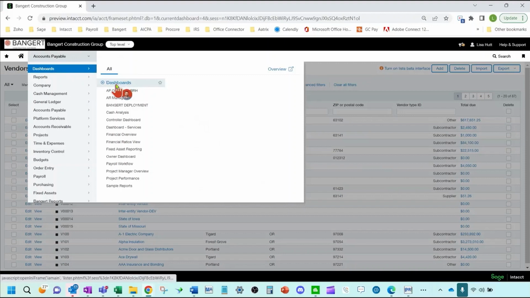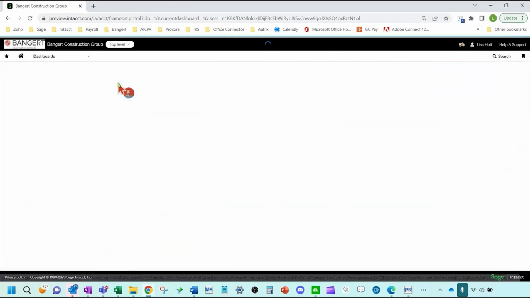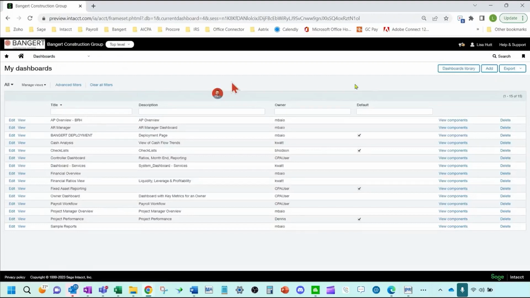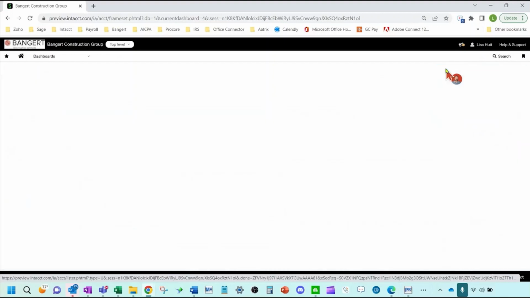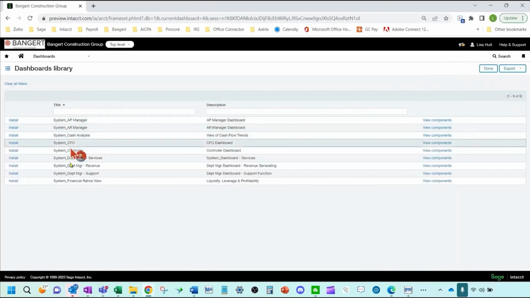So, yeah, one of the nice new things now also in the system is if we go over to dashboards, they've built some additional out-of-the-box dashboards that you get with your instance now. So if you come over to your dashboard section here and you click on the dashboard list, what you're going to be able to get into is over in the top right. You do have to load them up, so they just don't automatically appear here. You have to come into here and click on the dashboard library. And when you click on the dashboard library, it shows you the available default dashboards that you can install.